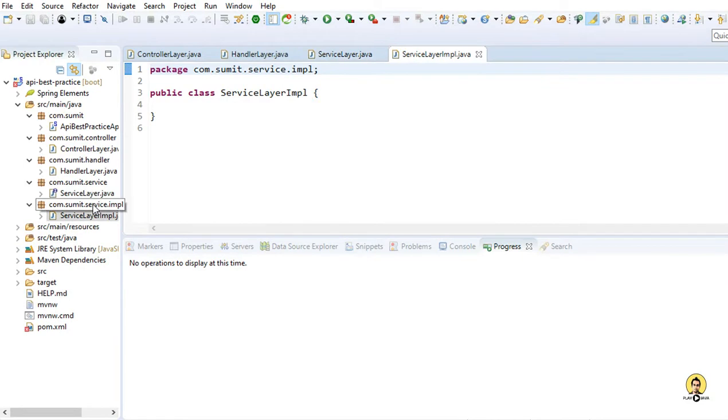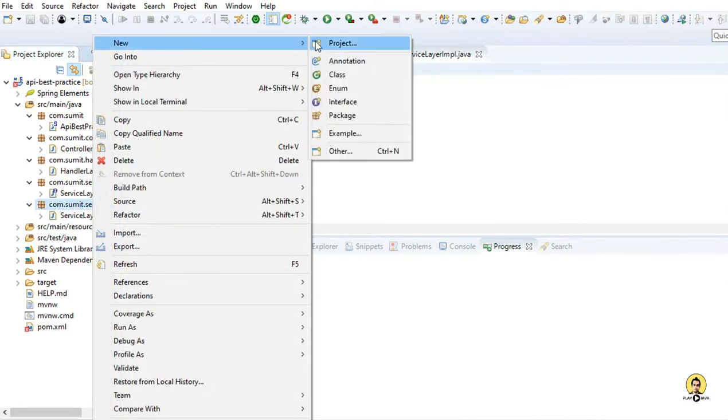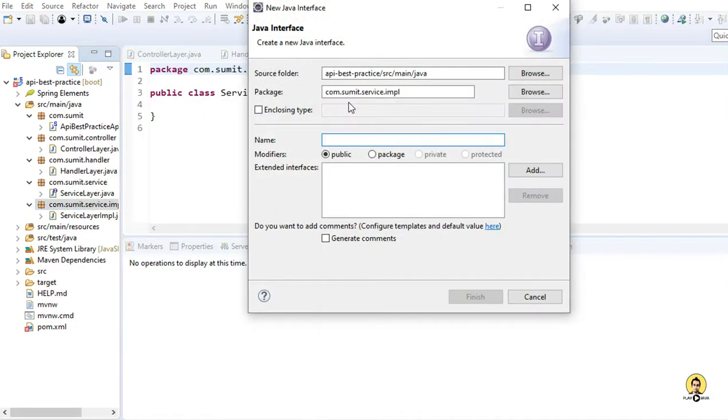And after the service layer, let's create DAO layer. For DAO layer, I'm changing the package name to com.sumit.dao. That's it, and the package is created. And now let's change the name to DAO layer. Let the DAO be in caps.